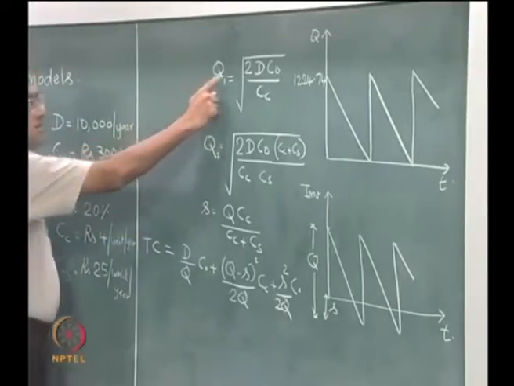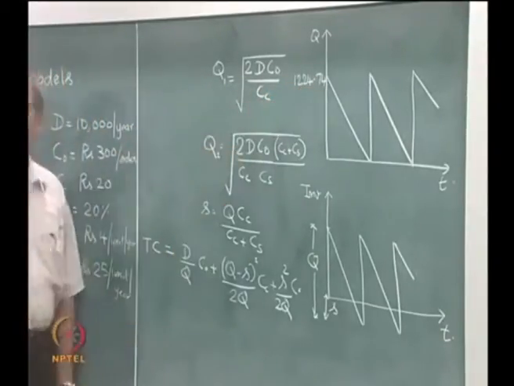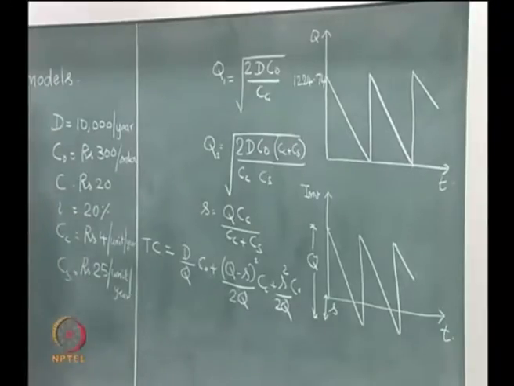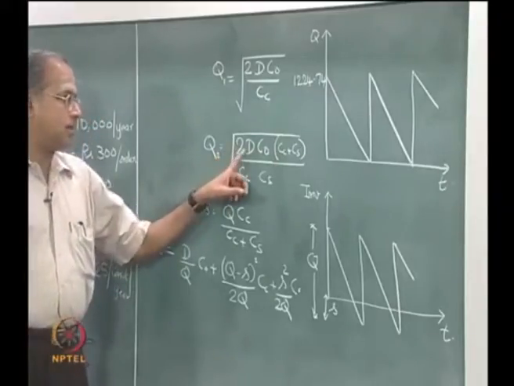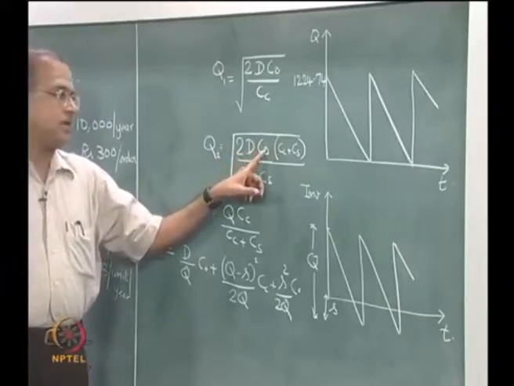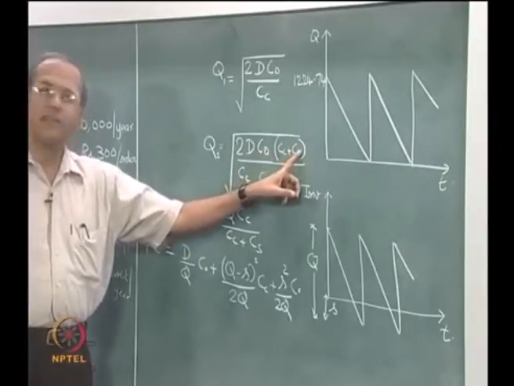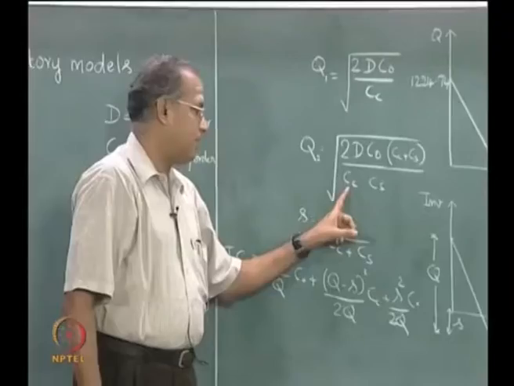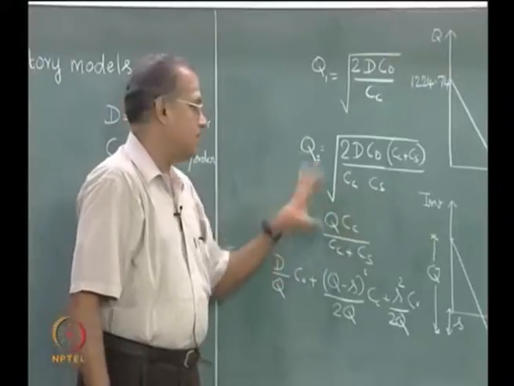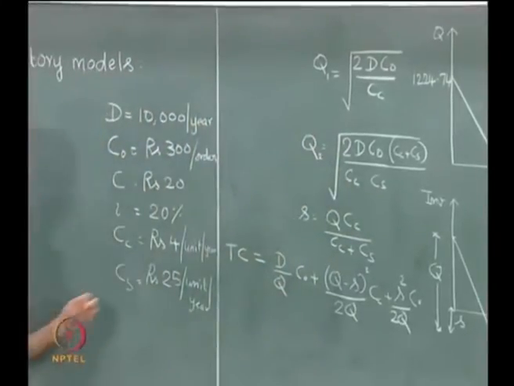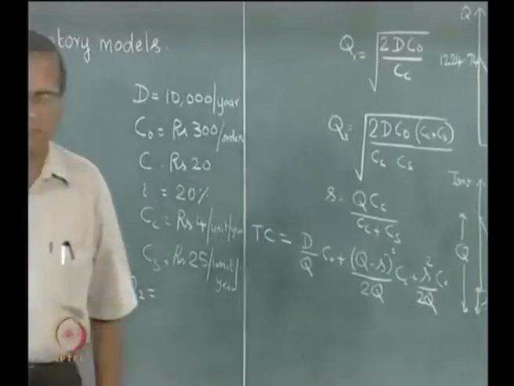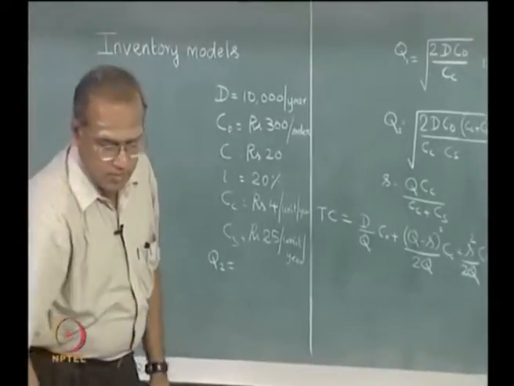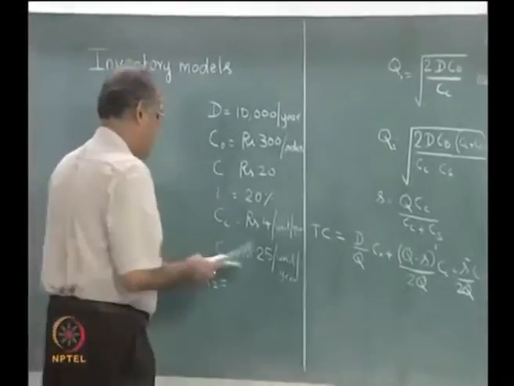We already know that this Q1 is 1224.74, which was done in an earlier lecture. So, we compute Q2, we know all the values, 2 into 10,000 into 300, 4 plus 25 divided by 4 into 25. So, this on computation would give us Q2 is equal to 1319.09